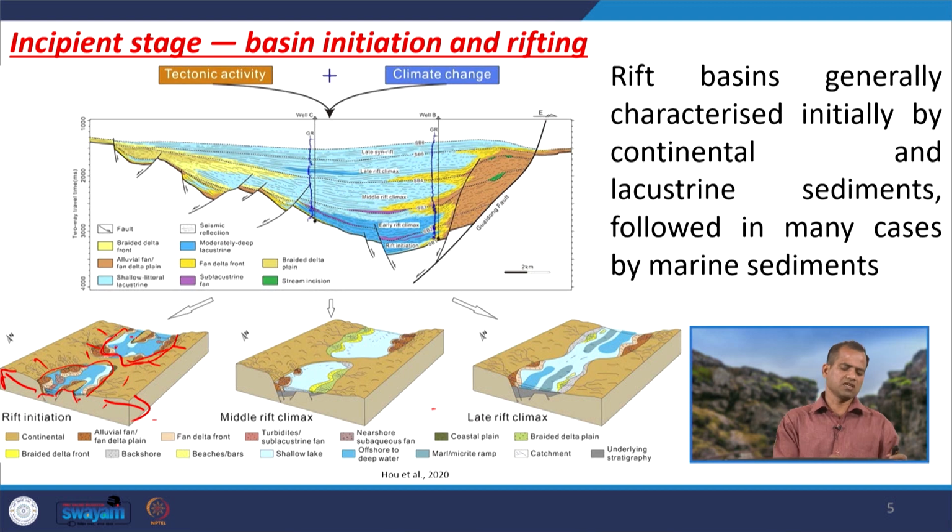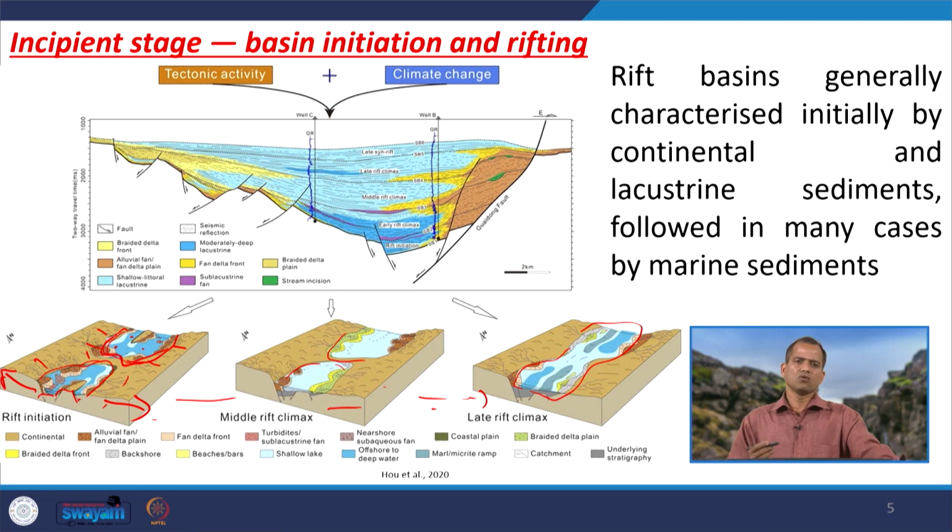So, mostly lacustrine deposits are there, and later on with further rifting, you see this lake is gradually growing, and finally these two lakes are joined together and form a sea. So, that means gradually we are shifting from a lacustrine environment to a marine environment. In a lacustrine environment there will be evaporite, and in a marine environment there will be shelf and slope environment, like that.